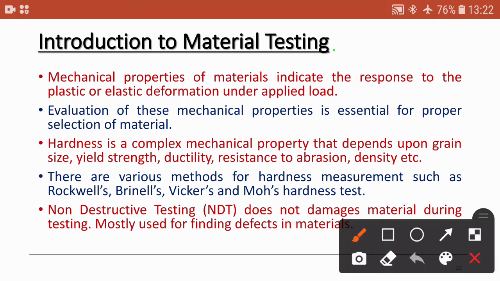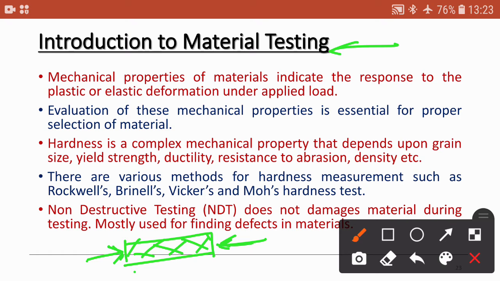So basically material testing is a science to test the material for determining certain physical properties or mechanical properties. If you want to test this rod for yield strength, or compressive strength or tensile strength of this material, then you need to do some testing or experiment with this rod. When we apply compressive forces on this rod or